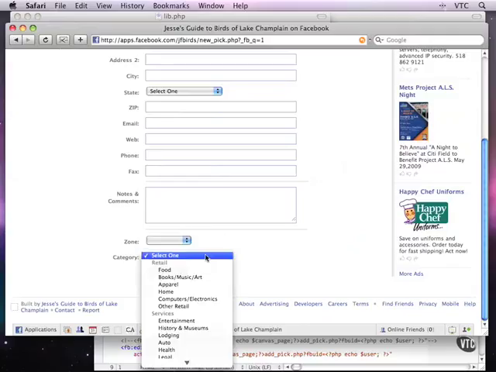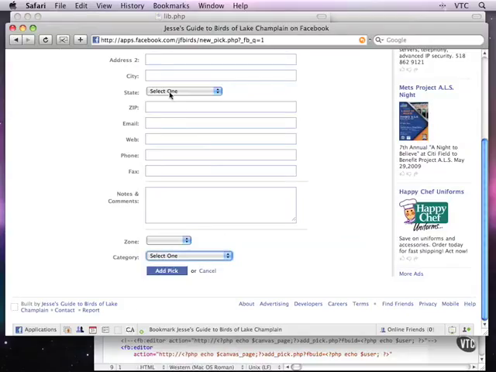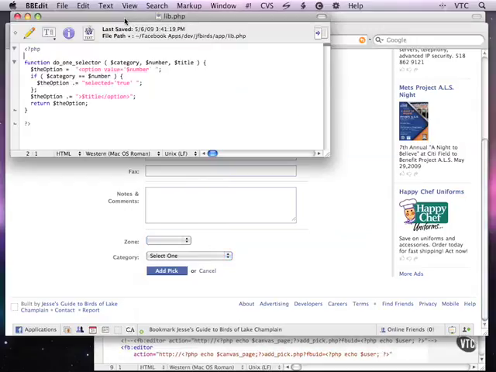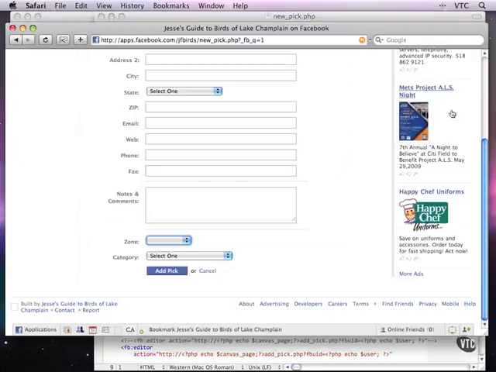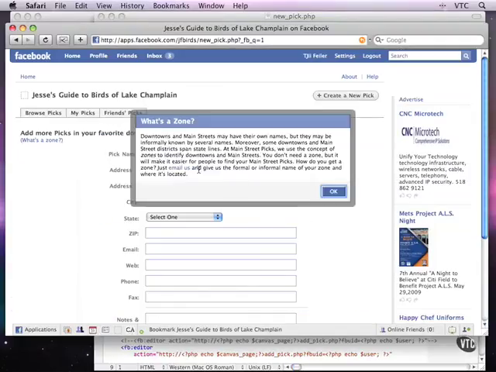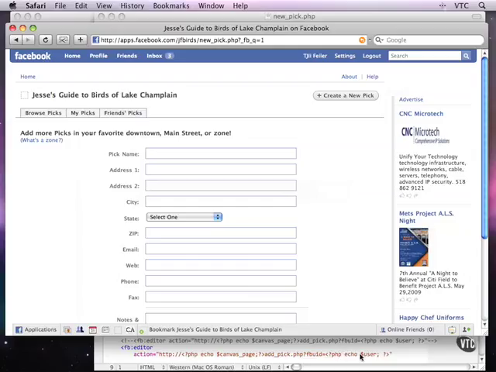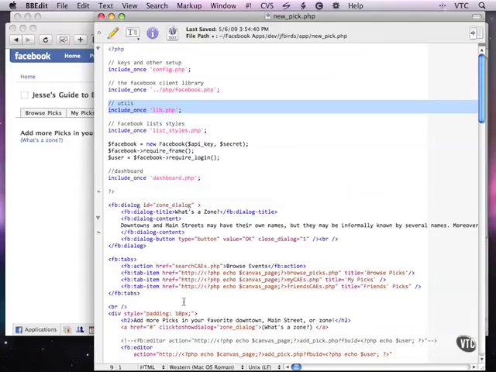This is a selector that's hard-coded. This is hard-coded, but here we're going to have to do a little bit of manipulation when we come down to the bottom of the form, and that's going to be done in lib.php. But for now, let's take a look at what basically happens here. We'll get to the zone dialog later because that's the item that pops up when I click here. So we'll skip over that for now and go directly into